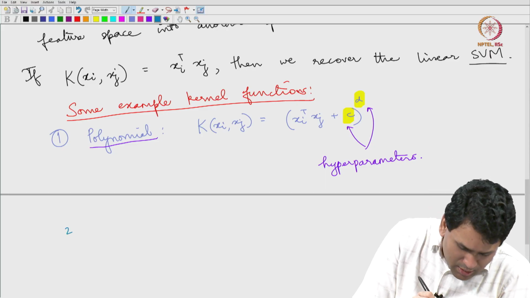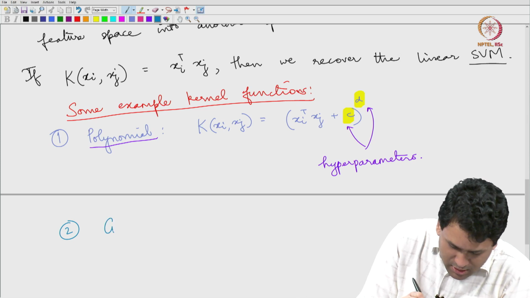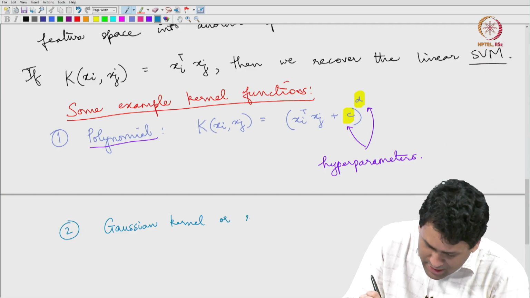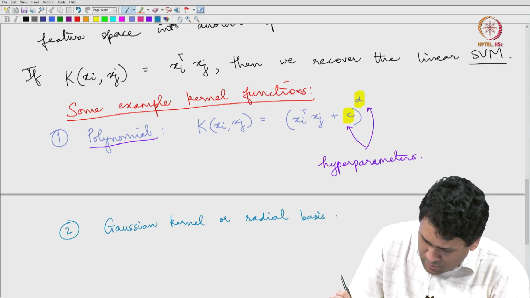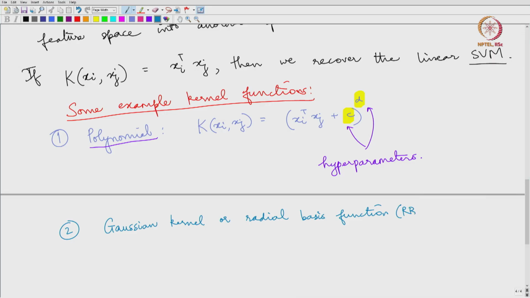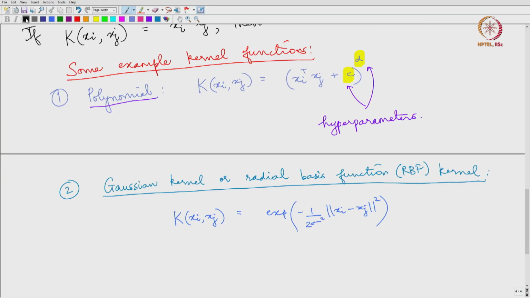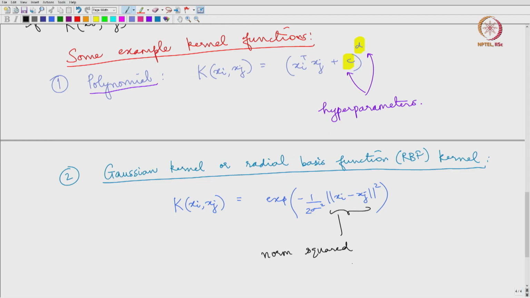Now there are also other kernels. A kernel that looks like a Gaussian is also quite popular, so that is simply called a Gaussian kernel, or sometimes it is also called a radial basis function kernel, the RBF kernel. This RBF kernel or Gaussian kernel basically is, as the name suggests, incorporating a Gaussian function. So it will be something of the form exponential of minus 1 over 2 sigma squared times the norm squared of xi minus xj. Now again this norm squared basically represents the distance squared in feature space